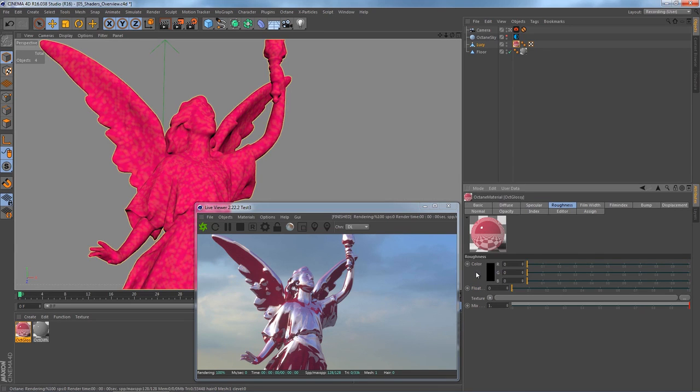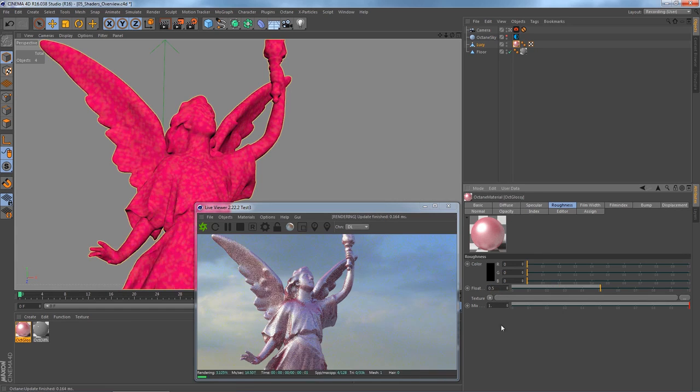This parameter controls the sharpness of the reflection. With color set to black, we can push the float value to 0.25 and you can see how much blurrier the reflections are now. A value of 0.5 will create even blurrier reflections, and so on. Just as the parameters for the diffuse material type, you may wish